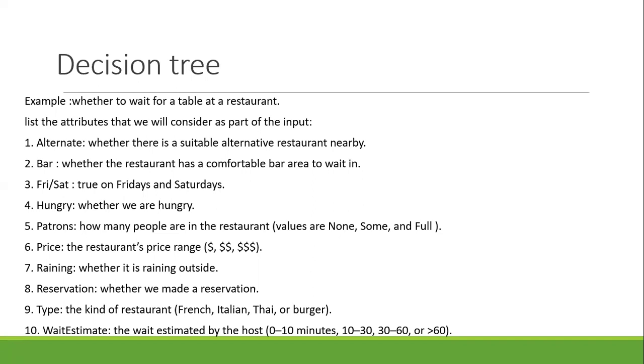And wait estimate, so how long we can wait. For example, I can wait only 15 to 20 minutes in the restaurant. If it is not working, then I will move on to the next. Each person's waiting time will differ, whether it is less than 10 minutes or less than 30 minutes. So we can check the wait estimate factor.